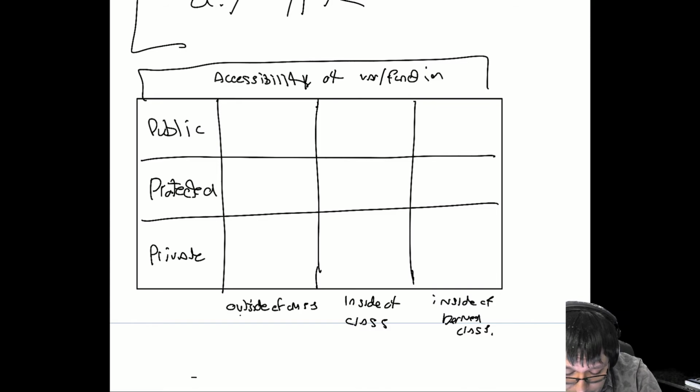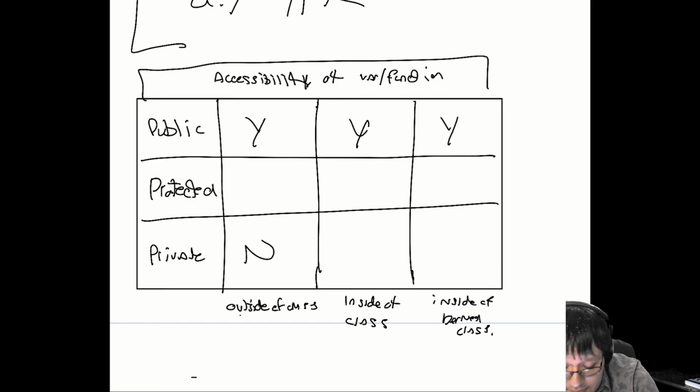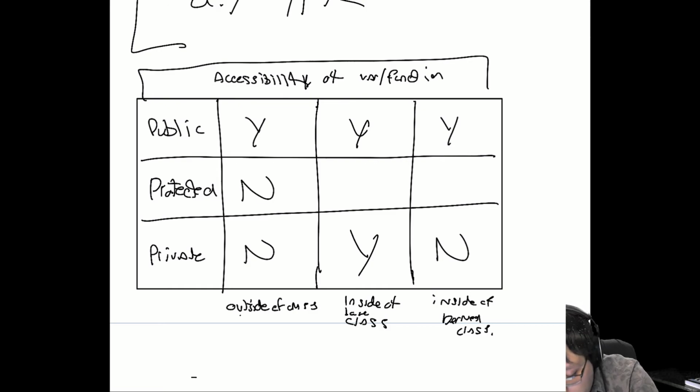So public variables are accessible outside of the class, inside of the class, and inside of the derived classes. Private variables are not accessible outside of the class. They are accessible inside the base class per se. So I'll put the word base to clarify, but they're not accessible inside of the derived classes. Protected variables are not accessible outside the class, but they are accessible inside the base class, and they are accessible